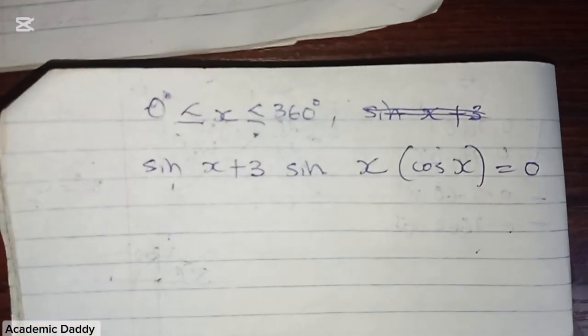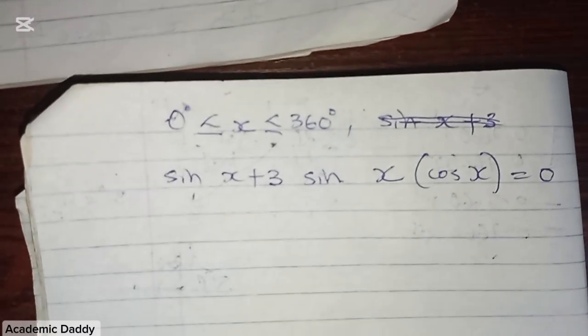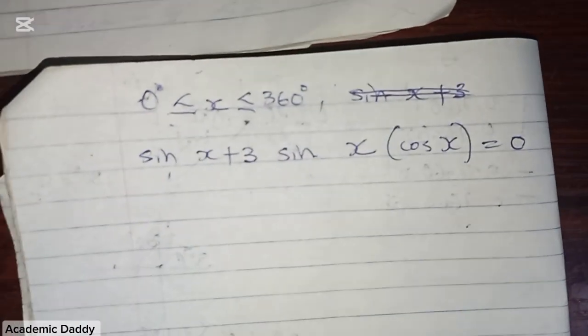Question 24. Let's quickly do that. So they are telling us that x is greater than or equal to 0 and less than or equal to 360 degrees. All those things are just telling you a range that your theta or your